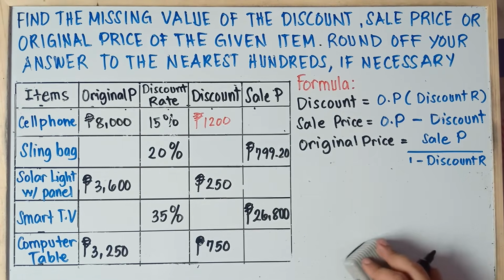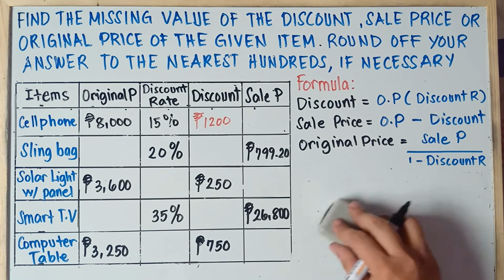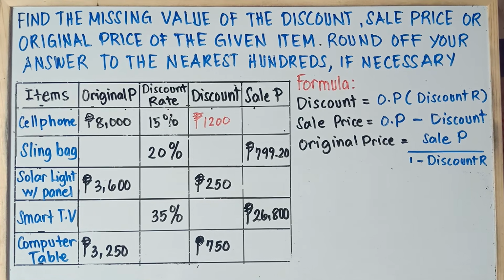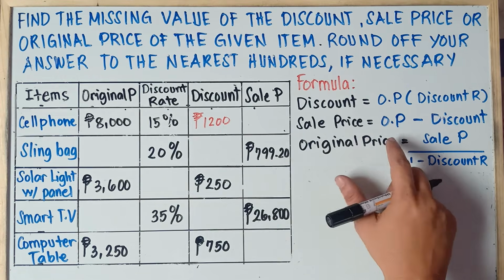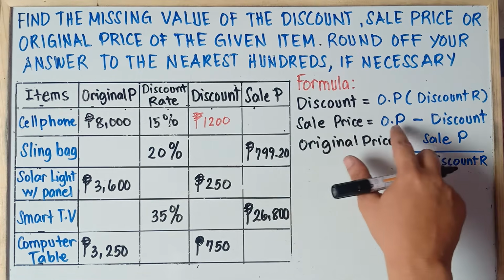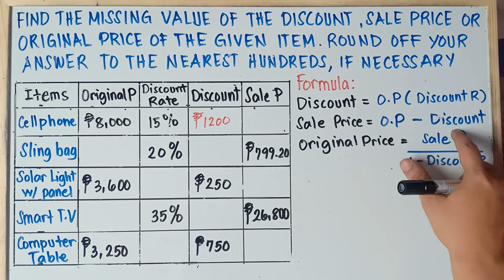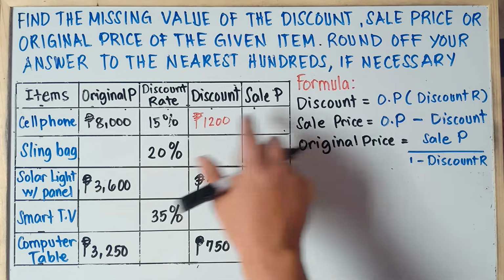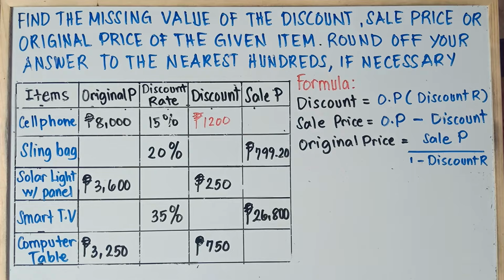If the given whole number is not in decimal, you can just easily solve that one, class. Alright, so the sale price. Can we get the sale price? The formula: original price minus the discount. Do we have the original price? Yup. Do we have the discount? Yup. We can find the sale price.